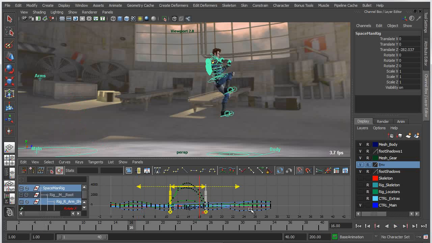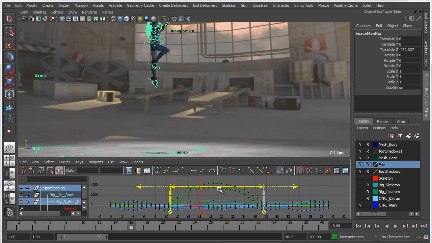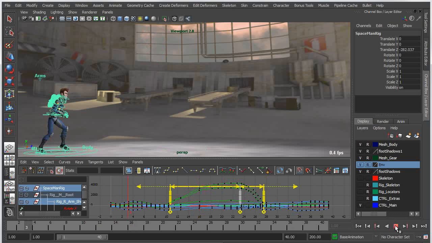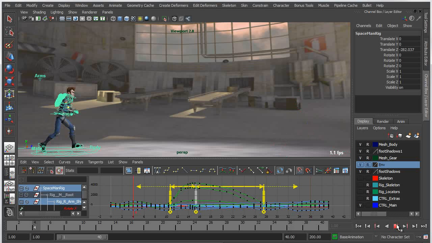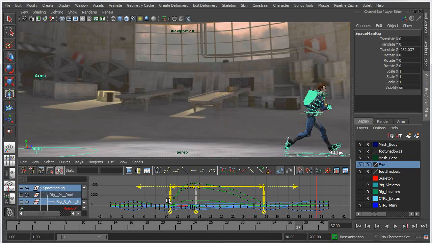Now where this really becomes powerful is the ability to insert additional markers that would then allow me to change the timing within a certain boundary, within a certain range of curves. So I can have my animation slow down at the beginning of the jump and then speed up as he lands, in this case. Or I can change that and have him speed up at the beginning of the jump and slow down at the end. So as you can see, this is a really flexible tool and a very powerful tool for dealing with retiming